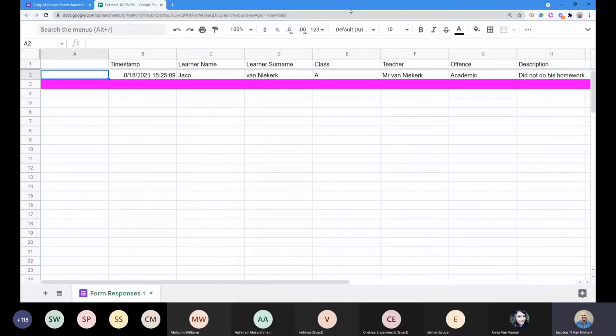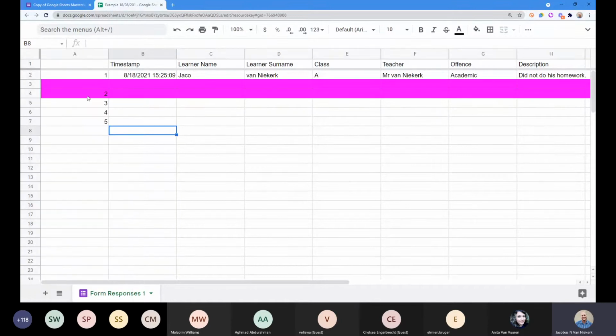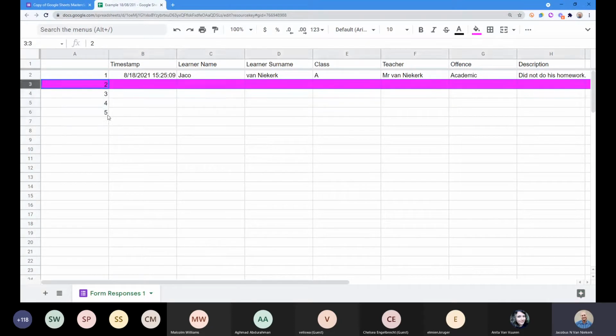So with this row column that I've added, I could now go and say 1 and 2 and 3 and 4 and 5. But we know what's going to happen is the minute that I have a new entry, it's not going to write the information next to 2, 3, 4, and 5. So I need to figure out a different way to do that, and we do that by using